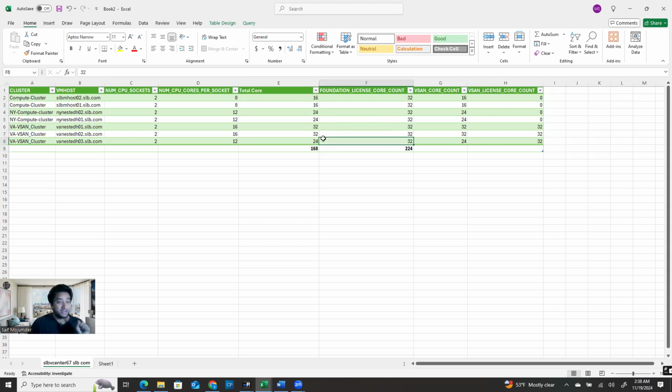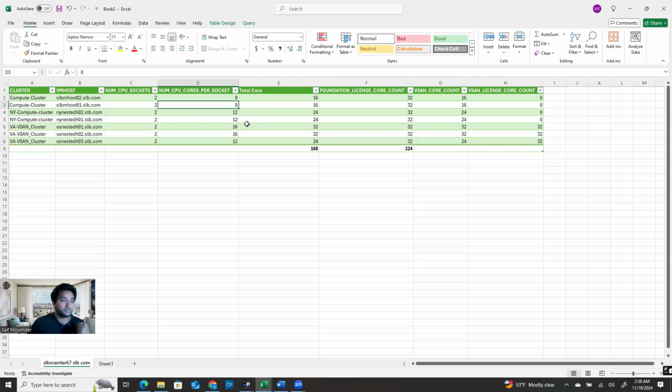Why? Because, again, I explained already. Broadcom changed their licensing model. Not only did they change it from perpetual to subscription based, plus they changed from socket to core, plus they changed the minimum requirement. You have to have 16 cores.